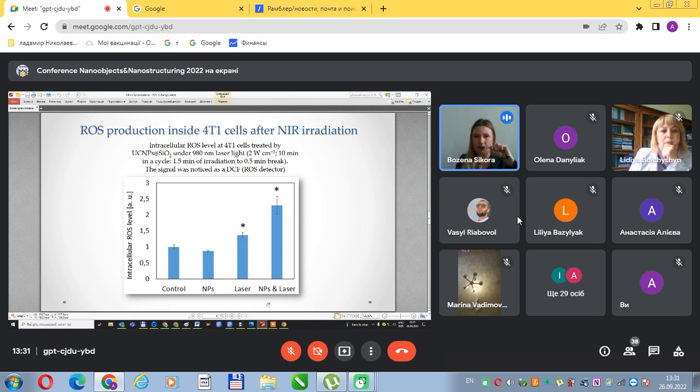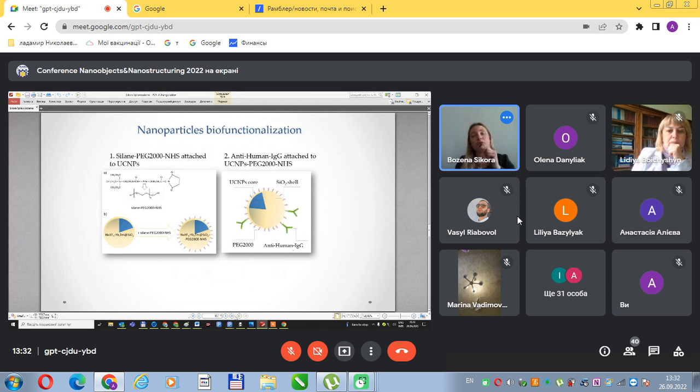With nanoparticles, but when we used laser alone, we observed a little higher amount of the reactive oxygen species inside the cells. So these are nanoparticles that can generate enough reactive oxygen species for photodynamic therapy use. We wanted to